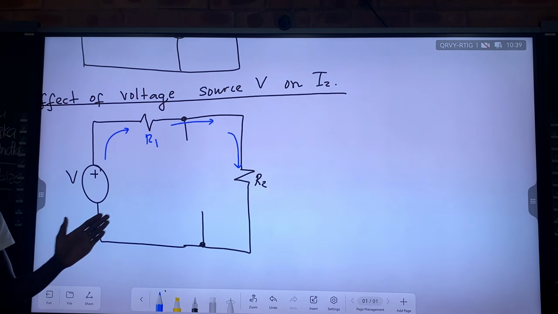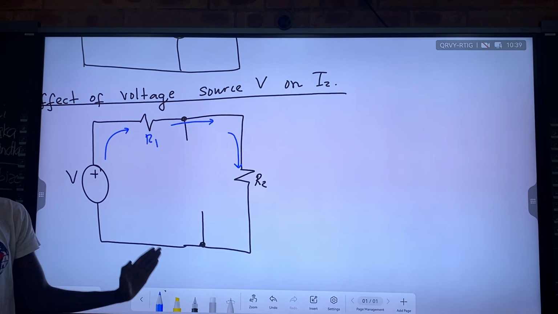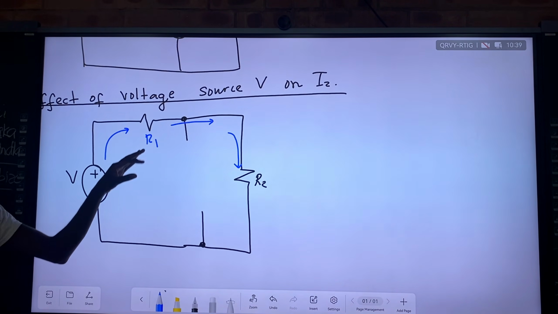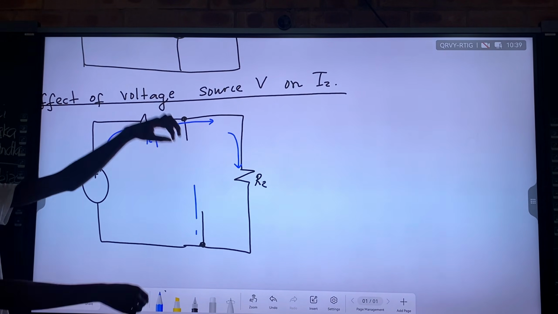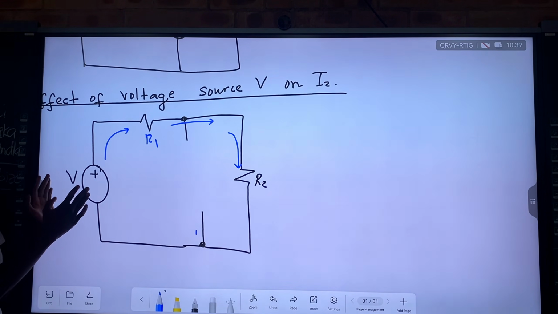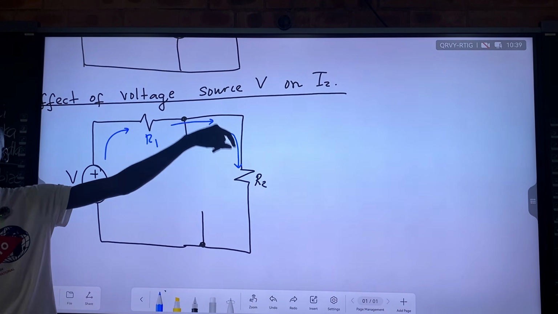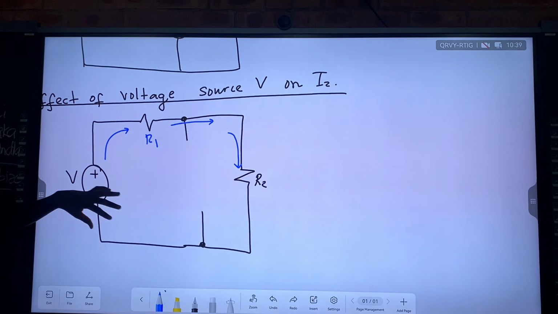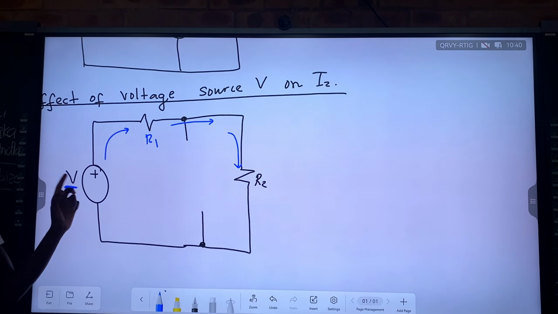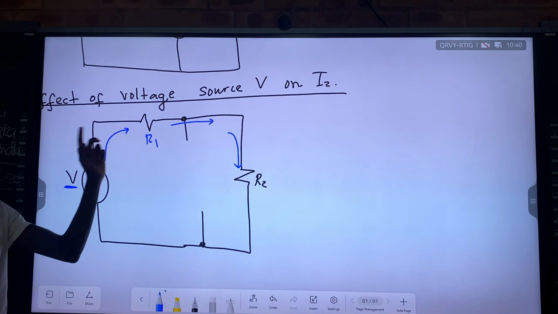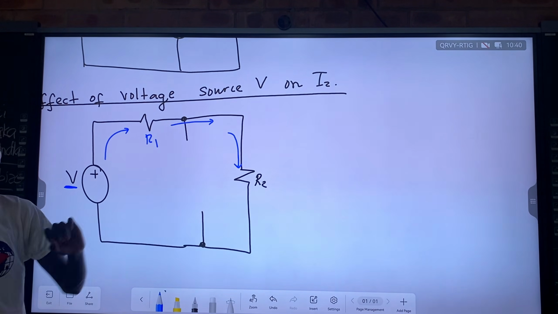Do you see that? Because we have cut the connection here, we have opened the circuit. So we have open circuited our circuit. In that way, what happens? There is no current that will be able to flow through that path. So we want to show properly this voltage source alone, how much current will it be able to produce that will go to R2? So in other words, from this combination we can say that the voltage source V is in series with R1 and with R2.